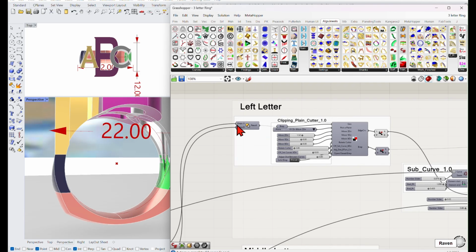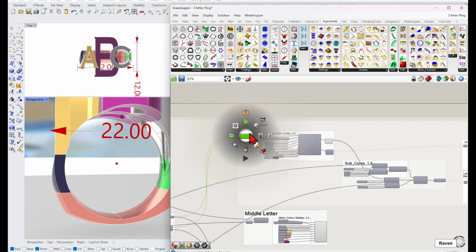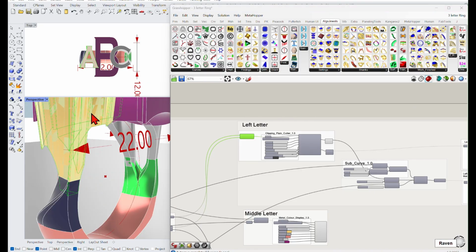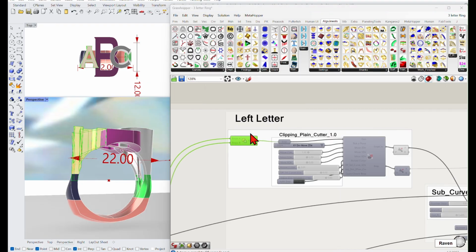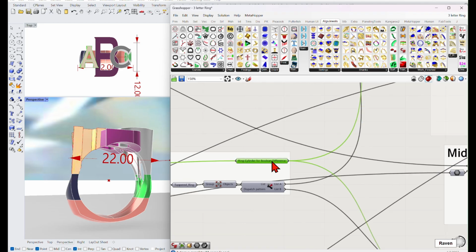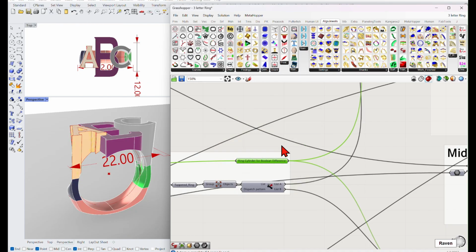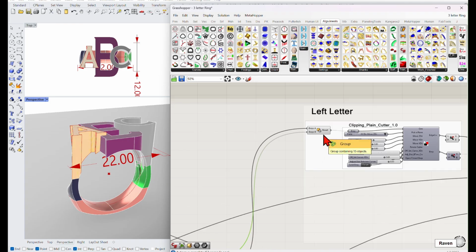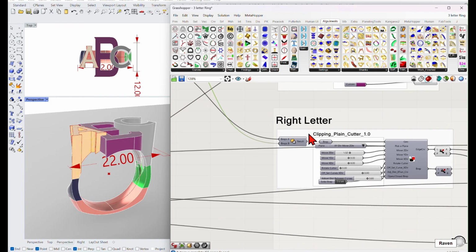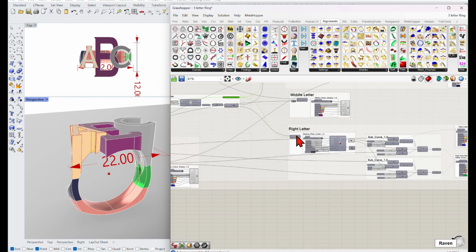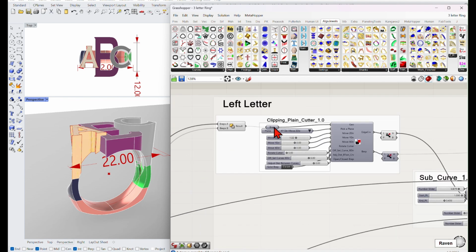Okay? We used the component. There's this piece here, and that's a Boolean difference between the cylinder and the letter A. Okay? We did that with B and C. We did a Boolean difference. And there's the Boolean difference for the left, A, the middle, and the right letter. Okay? From there we used the B rep letter, which is this piece here, and we used clipping plane